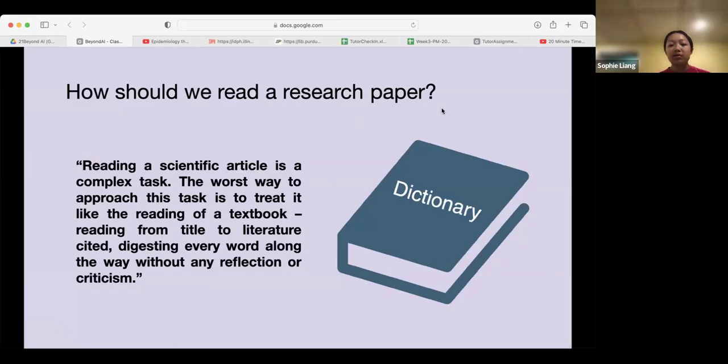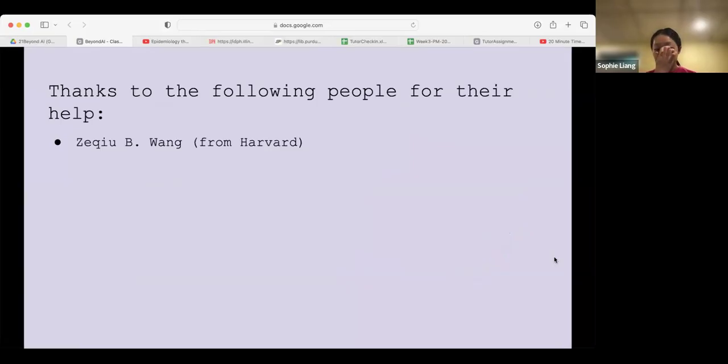Well, reading a scientific article is a complex task. The worst way to approach this task is to treat it like reading a textbook, reading from the title to literature cited, digesting every word along the way without any reflection or criticism. So this is a quote from someone well known. I'm not really sure who, but yeah, this is a good summary of how you should read a research paper. So you should not read every single word from beginning to end without thinking about it. So let's talk about how to do it. Got help from Zochu B. Wang, who